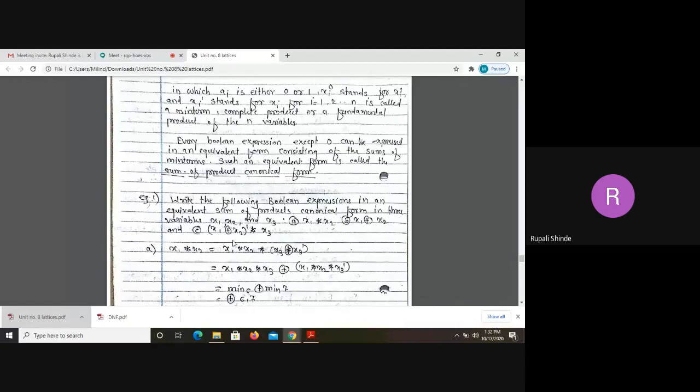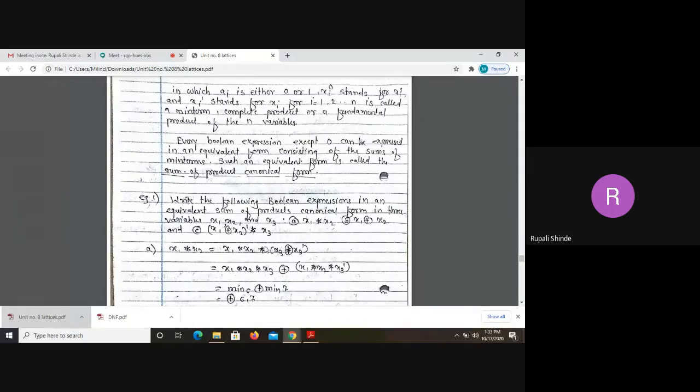Now in the question itself, they have clearly mentioned that it should consist of three variables, x1, x2 and x3. But look at question number A. Here only two terms are there, x1 and x2. So which one is missing? For this, x3 is missing. That's why we have to add that term x3 by ourselves. So x1 star x2 star, and this is one more term that we are going to add, that is x3 xor x3 complement.